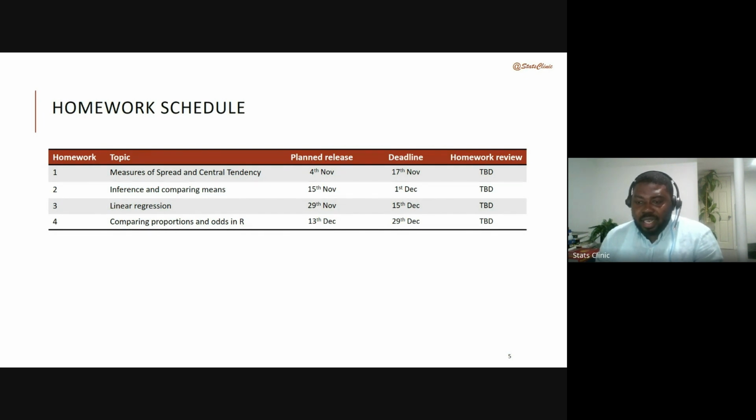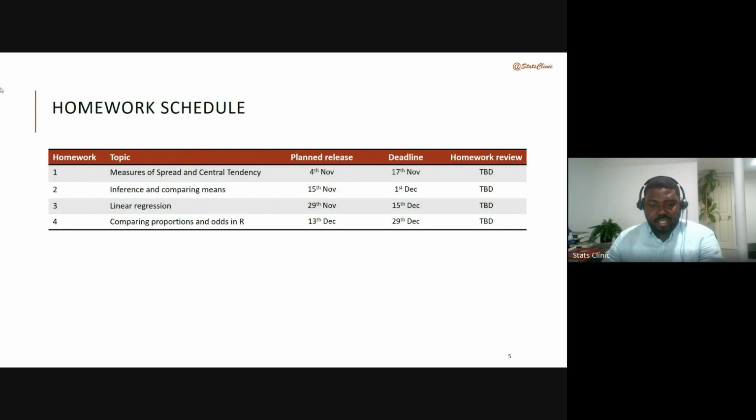Somebody asks, can we complete all? Yes, complete all the videos that you see on your Google Classroom. That's the point, unless you want to only focus on SPSS or only focus on R, and that's completely up to you. But you can focus on both as well. It's basically the same material in SPSS and the same material in R. All right.